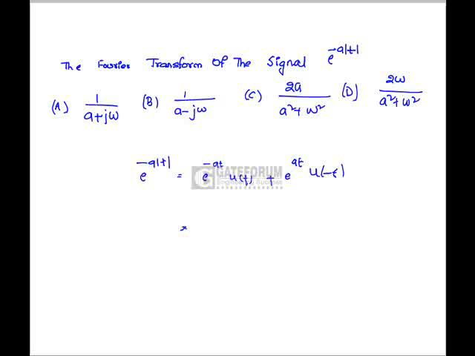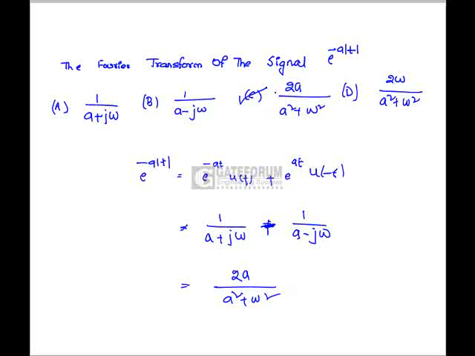Okay, so for this one 1/(a + jω), and for this one it is going to be −1/(−a + jω), that is 1/(a − jω). So if we simplify this one, we will get 2a/(a² + ω²). Hence